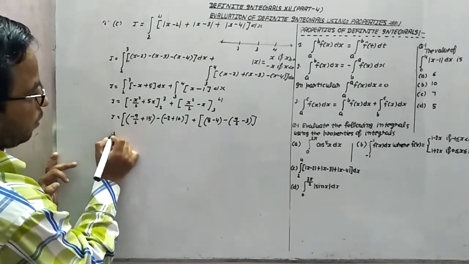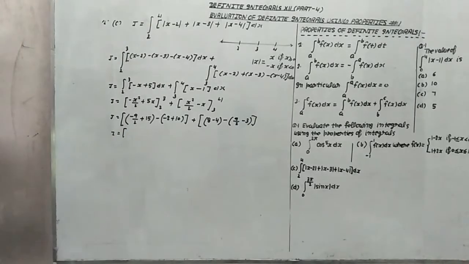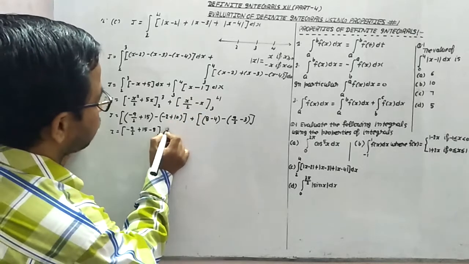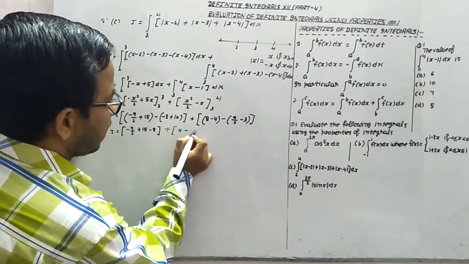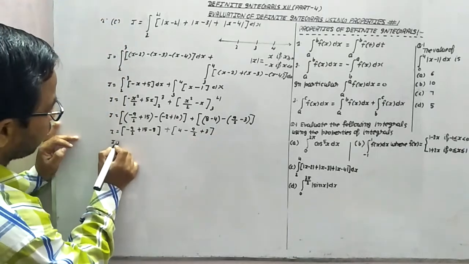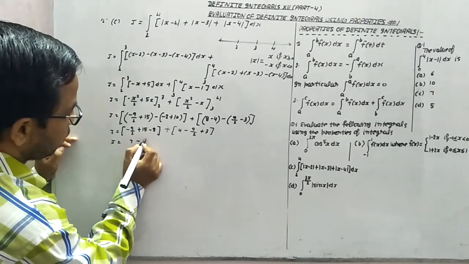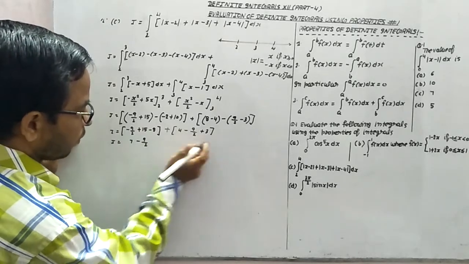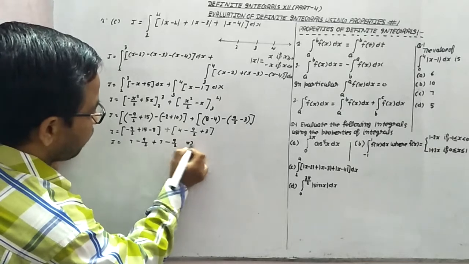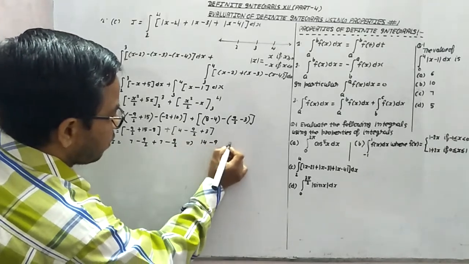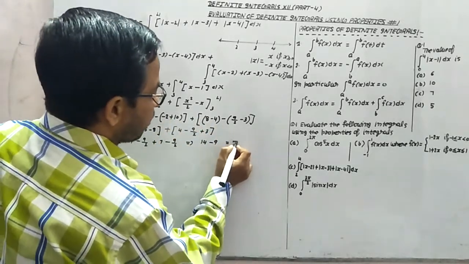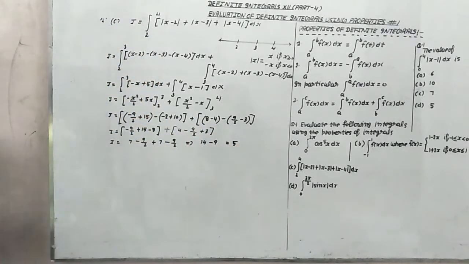This is the part. It means I is equal to minus 9 by 2 plus 15 minus 8, and this is plus 4 minus 9 by 2, and this is minus minus plus 3. It means this becomes 15 minus 8 means 7 minus 9 by 2. 4 plus 3 means this is 7 minus 9 by 2. 7 plus 7 is 14 minus 9, because minus 9 by 2 minus 9 by 2 means 9 only. 14 minus 9 means 5, and this is the answer.